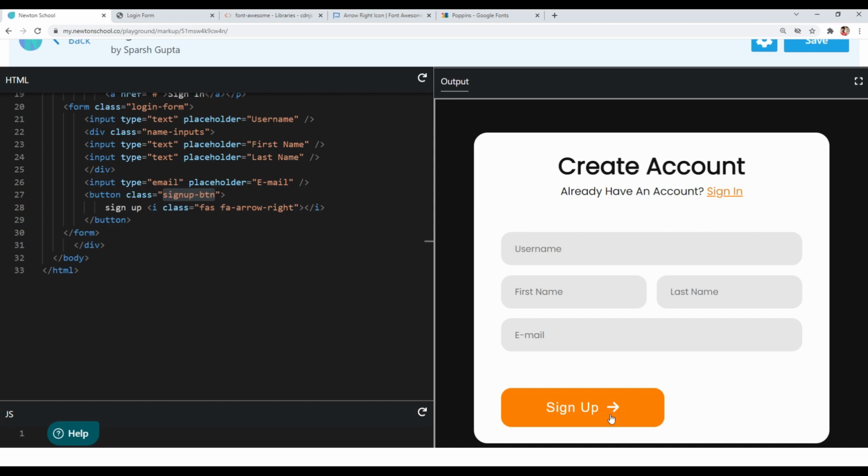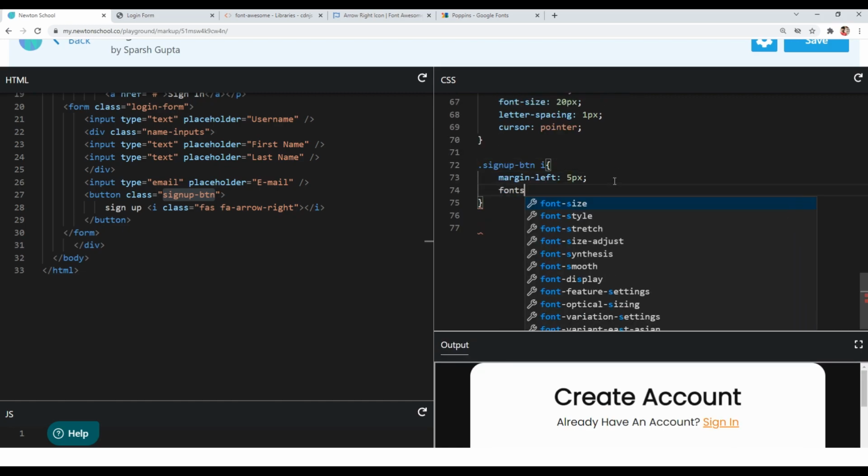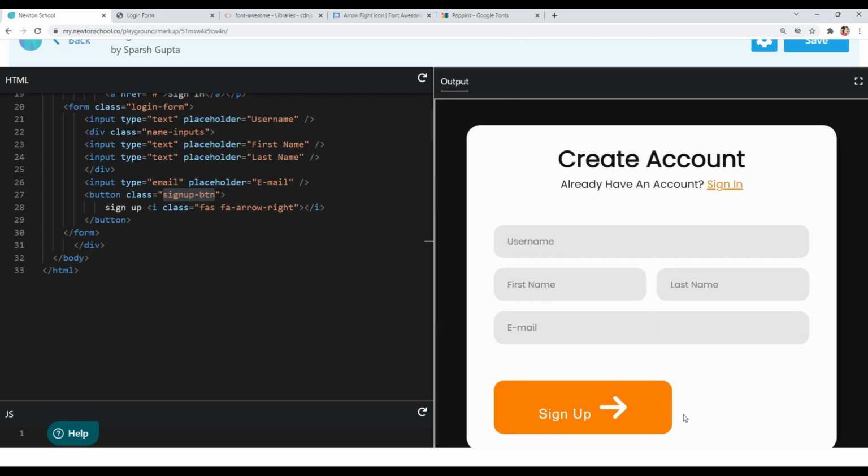They are small now, that is why you can't see whether they are aligned in center or not. But if I increase the font size, you can clearly see that they are not aligned vertically centered. Okay, so let me give it a bigger font size, let's say 45 pixel. And now you can see that they are not aligned vertically.